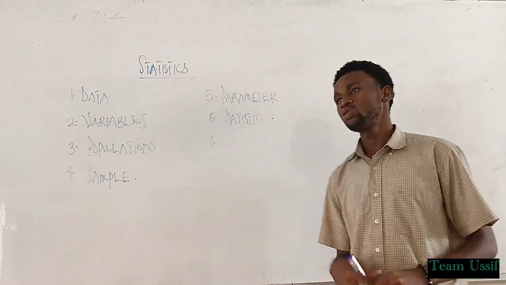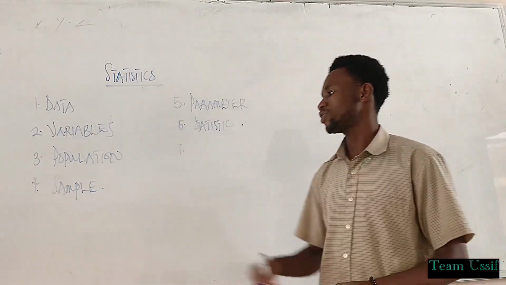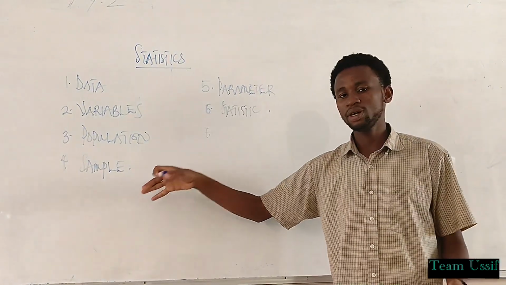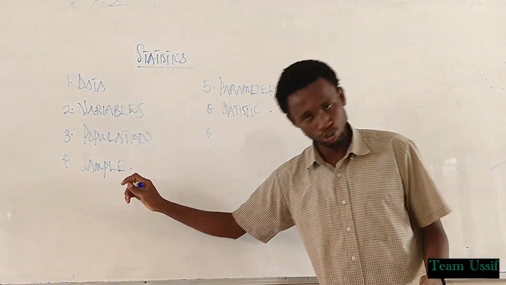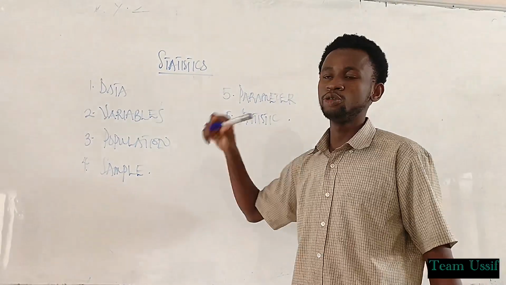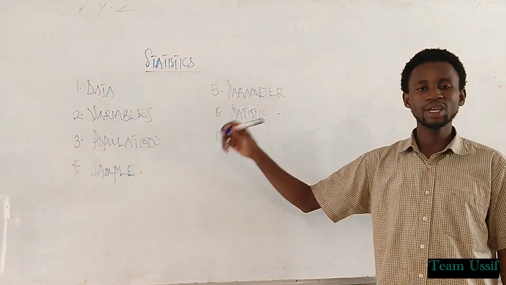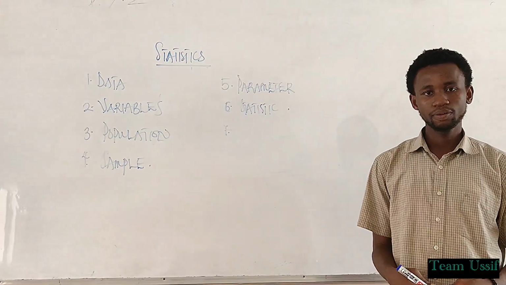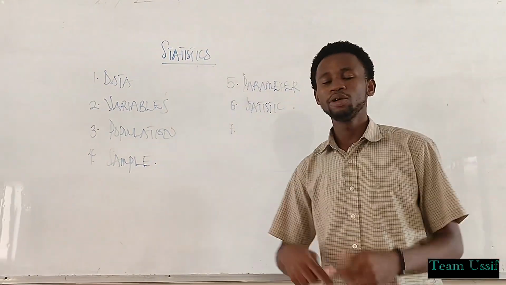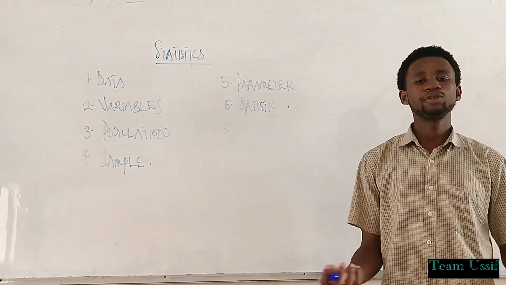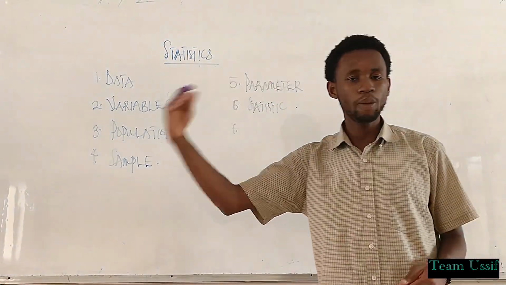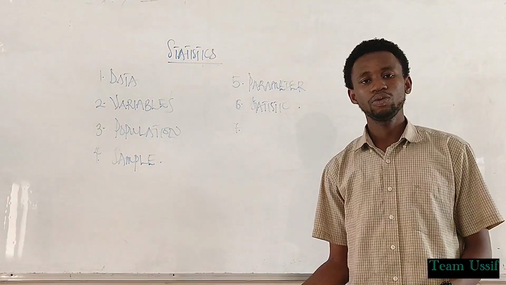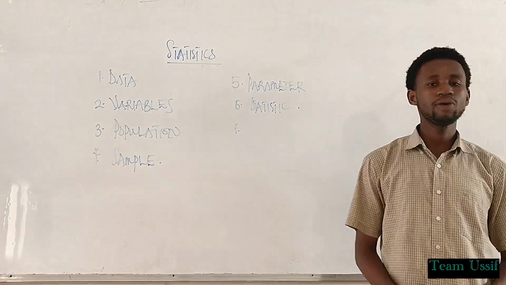You understand? So apart from the population, we have the sample. When you are going to collect data, you can't collect all the information from all students in UDS, so you resort to sampling. Sampling is basically a proportion of all the entities that you are going to study. So maybe when you are going to do a survey on UDS students, you go to public health. So the Department of Public Health is the sample, and all UDS students is the population.